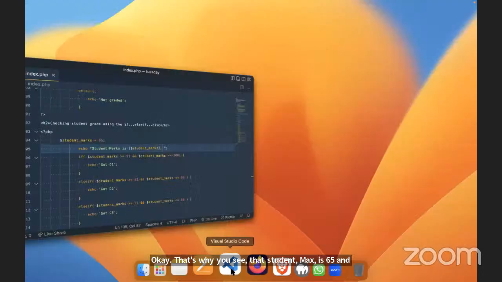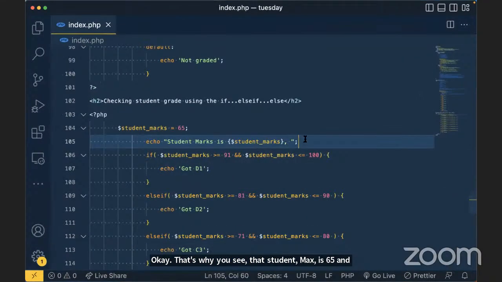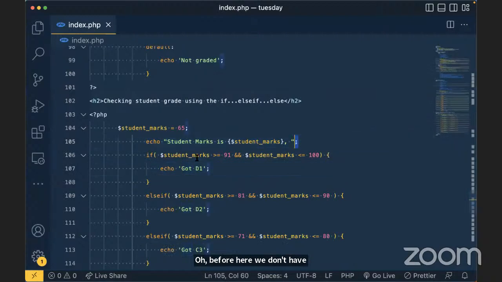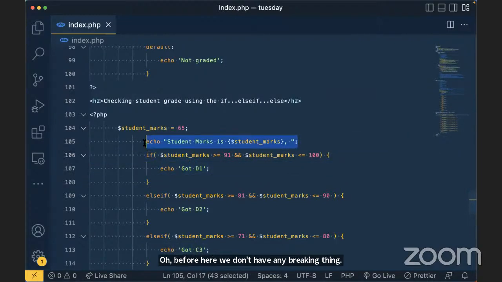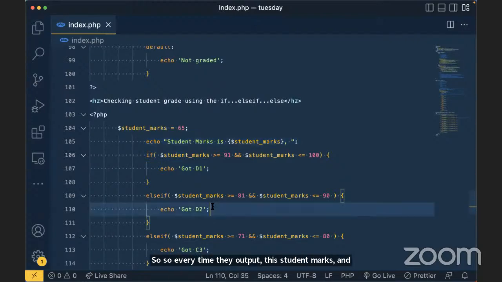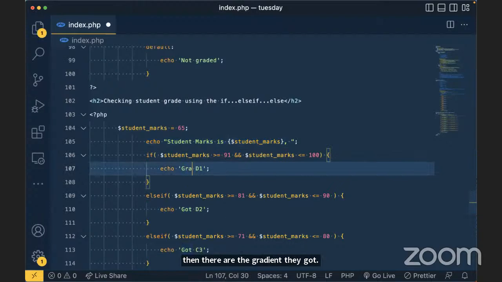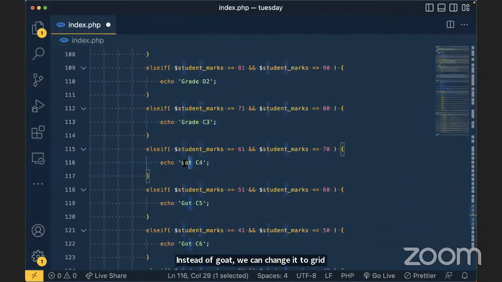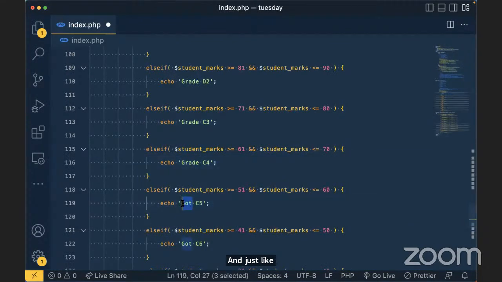The reason got is on the same line is because we don't have any breaking thing after here or before here. So every time it will output this student max, and then add the grade they got. Or we can even change this, instead of got, we can change it to grade. And just like that. So instead of saying got,